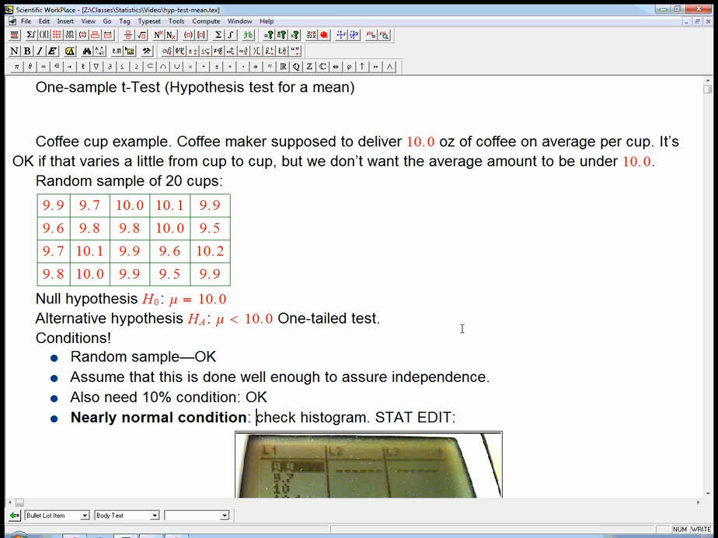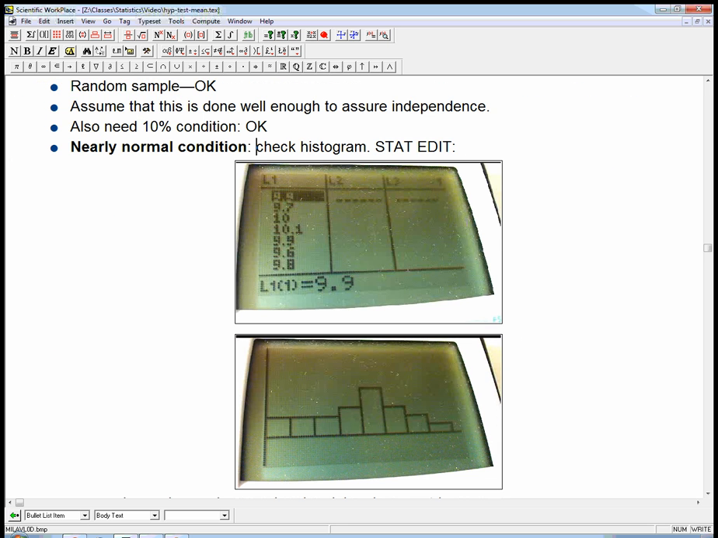And the same check of the nearly normal condition. And we can't be absolutely sure that this is coming from a normal distribution. And if there's any red flags, we'd want to pay attention to that. But the first thing we do is exactly the same as what we did in the confidence interval test. We enter our data into the calculator with stat edit, and we look at the histogram. We could also do maybe a more sophisticated test by looking at the normal